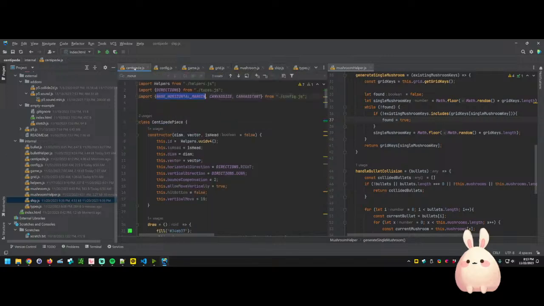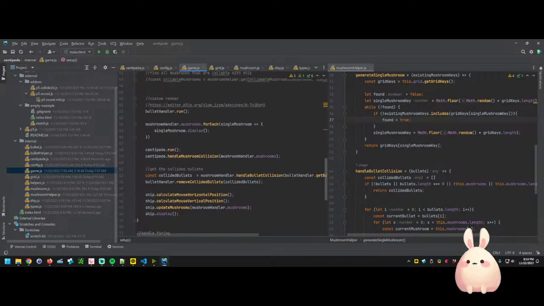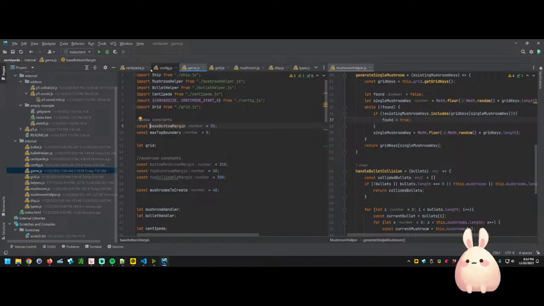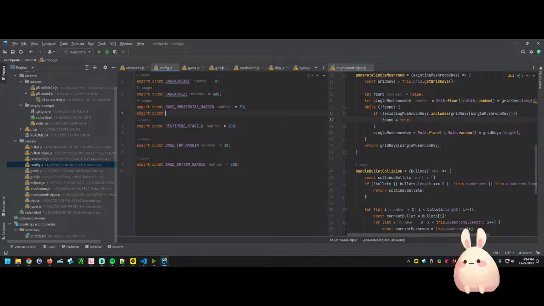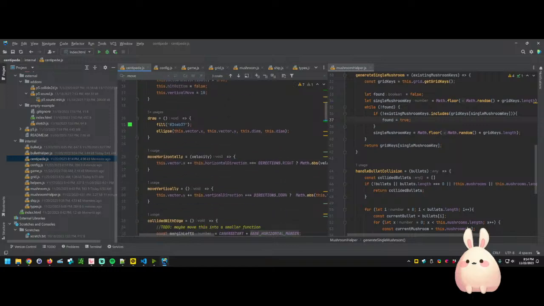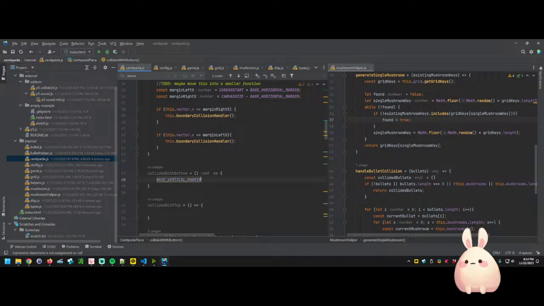Base bottom margin is, where is it in our game? Base bottom margin. When we create our ship, we create it up here. Its base bottom margin is 30. So it's going to go over here to our config. We have a base, and we're going to also have the export const base vertical margin. It's going to be equal to 30 as well. And so then we come back over here to Centipede, and we say collided with bottom is